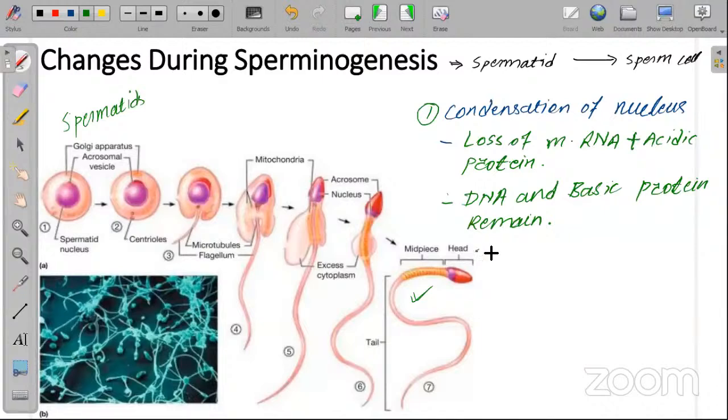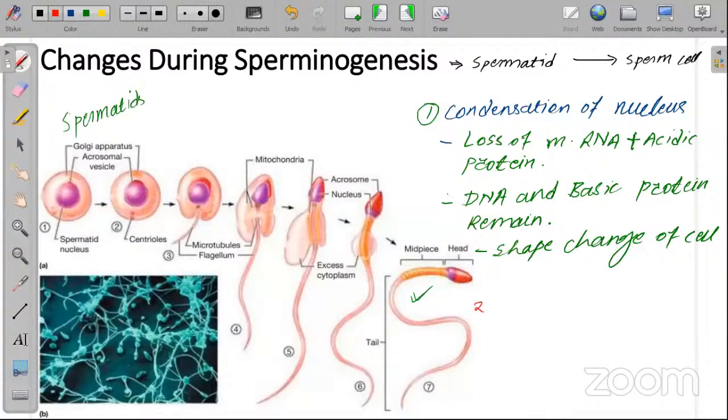ठीक है. Next thing is conversion of shape. So first of all, the spermatid cell is round in shape, but you can see the shape of this head. Okay, this is oval. So here the shape of the cell changes, or we can say the starting of the changing of shape like that. Next thing is